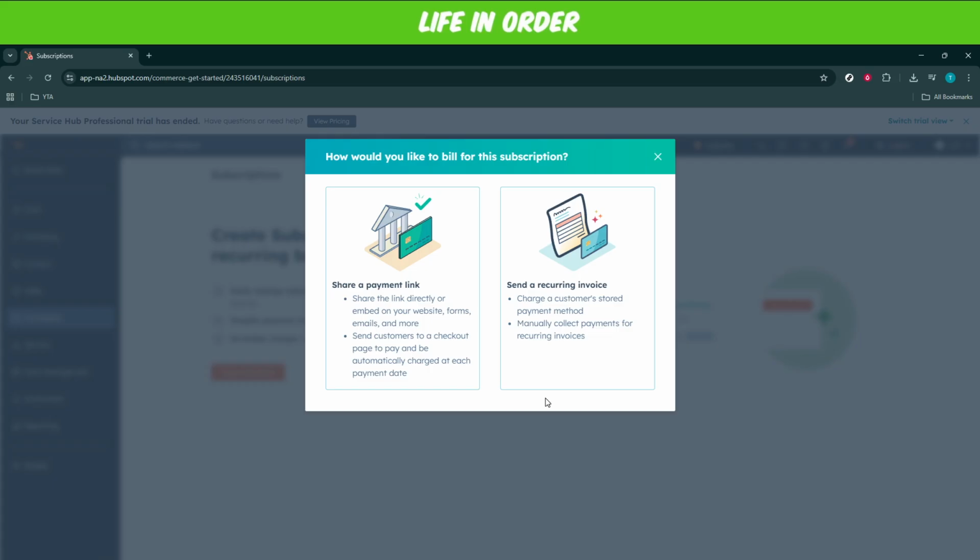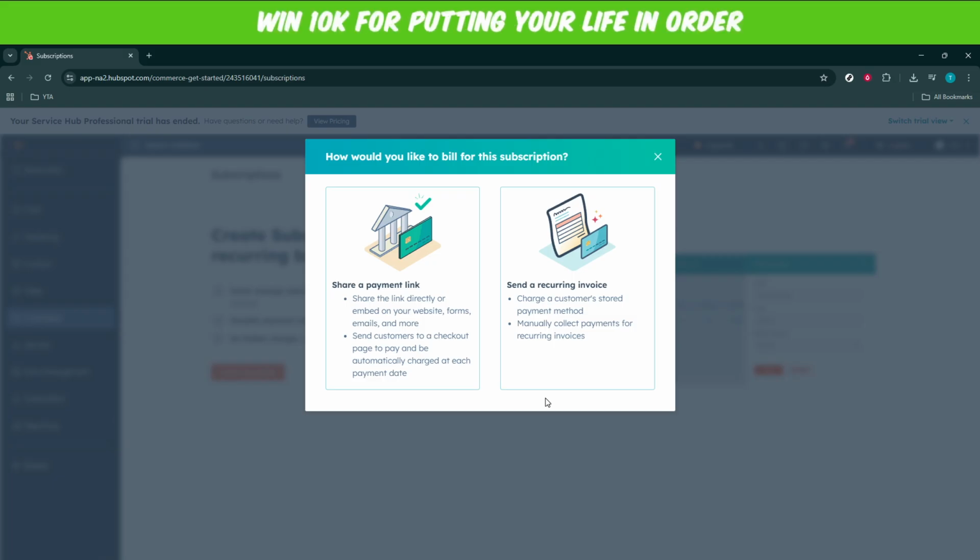And there you have it. You've just created a subscription in HubSpot 2025. This process not only helps you keep your offerings organized, but also streamlines communications with customers, making your business operations